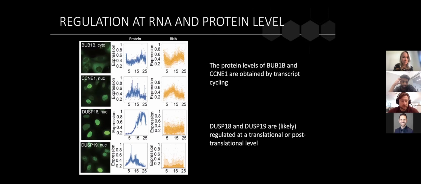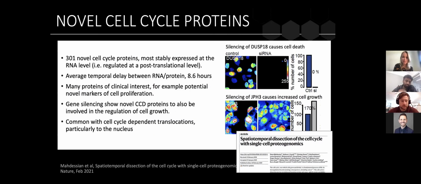And in total, we were quite surprised. We found 300 new cell cycle proteins, considering how well studied the cell cycle is. Most of them are stable at the RNA level. That's probably why they have not been discovered before. We could also determine that the average temporal delay between RNA and protein, if we look at time of peak expression, is 8.6 hours, which might seem long at first, but it corresponds very well to what has been shown